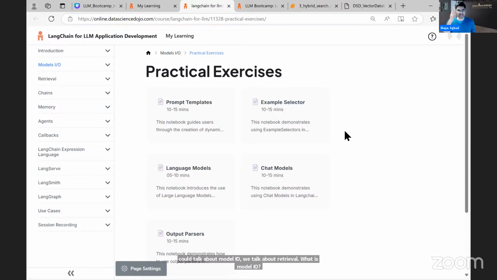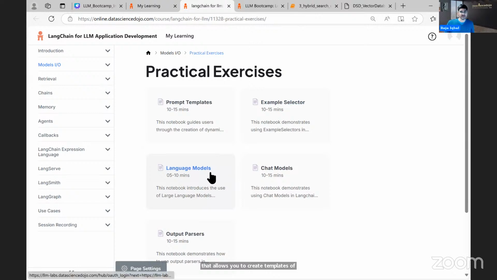Think of it as LangChain being a library that allows you to create templates of prompts. You can connect to different types of models. You can leverage maybe something in Amazon Bedrock or Azure or OpenAI or Meta or Anthropic. I will show you maybe just one example just to give you a sense.